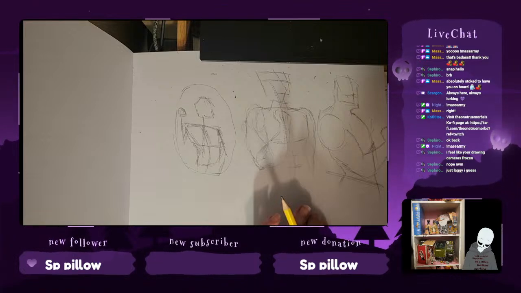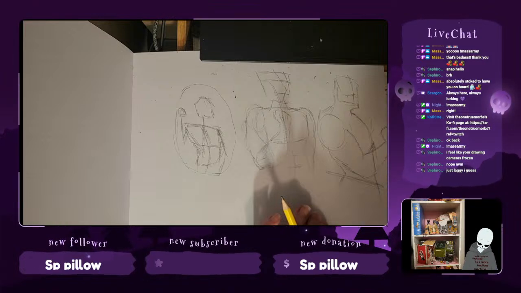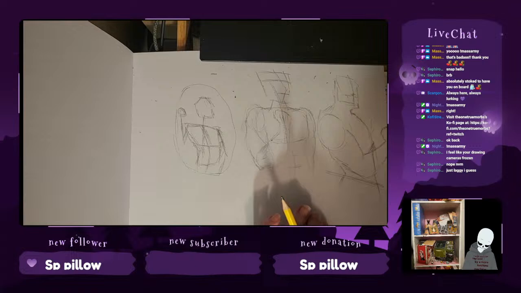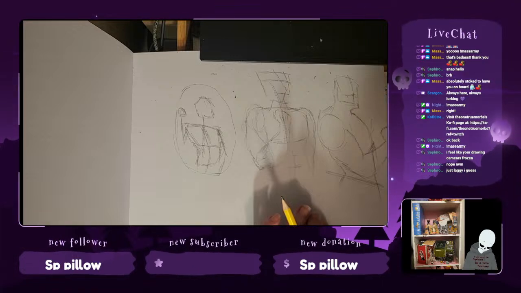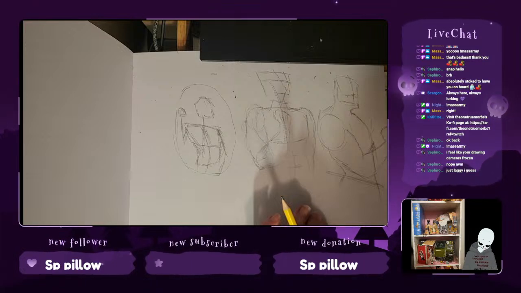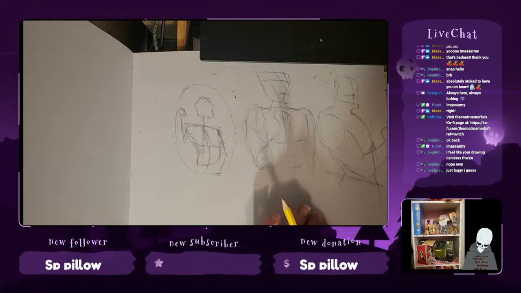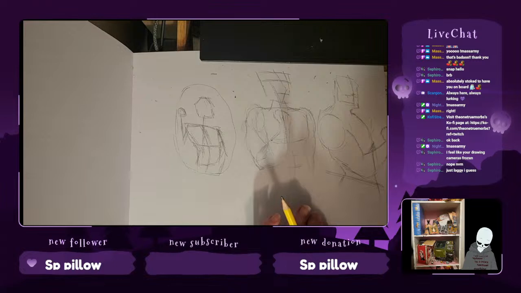Because if you want to have a more robotic form, you need lots of angles. I'm really liking the theme with these giant, like, armored shoulders. And then maybe a really long...